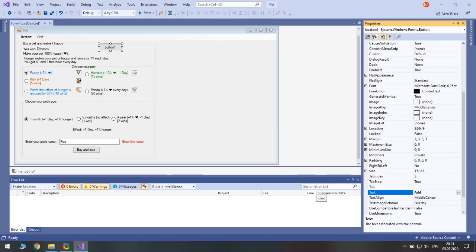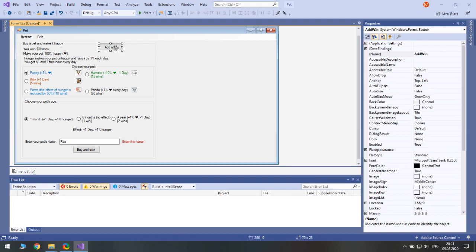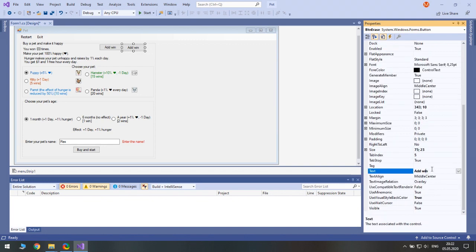So add win, and I guess we will need to hide it in code most of the time. So add win should be its name, and also we will need a button to erase win statistics. So hold Control to copy the button. So and button erase is its name. The text should be erase.